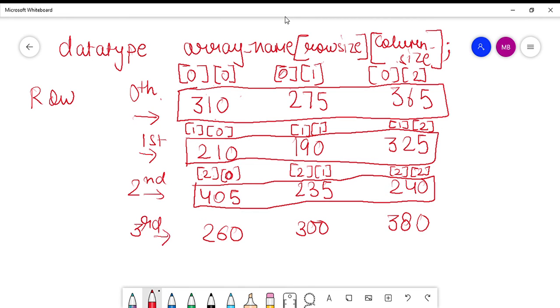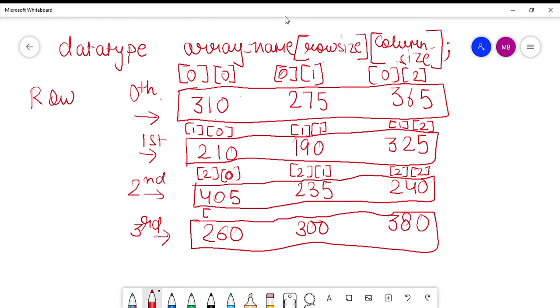In the third row, since this is the first column, we say the third row and the 0th column, right? Then we say the third row and the first column, and then the third row and the second column.